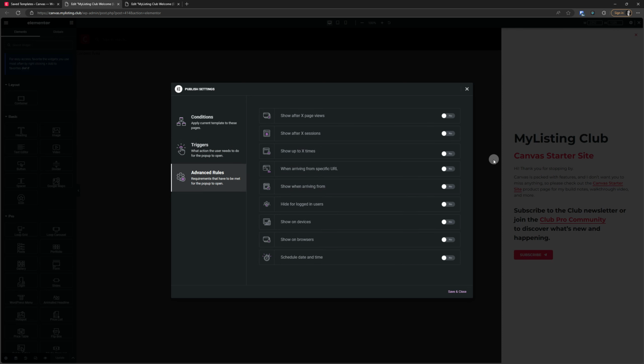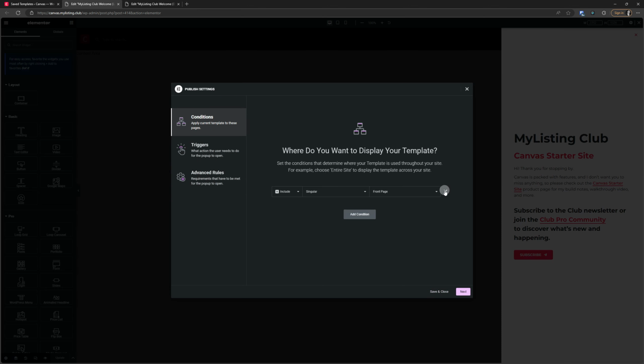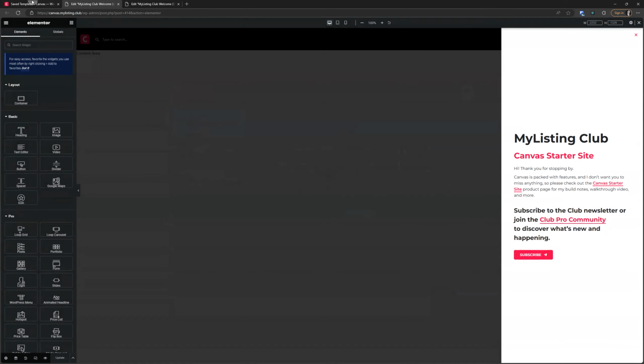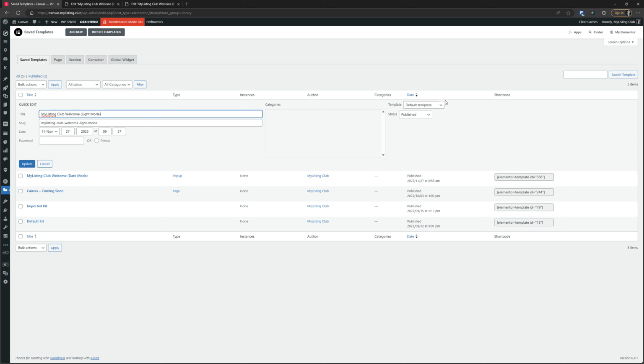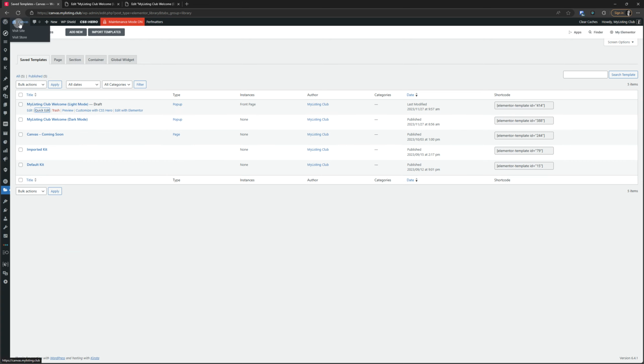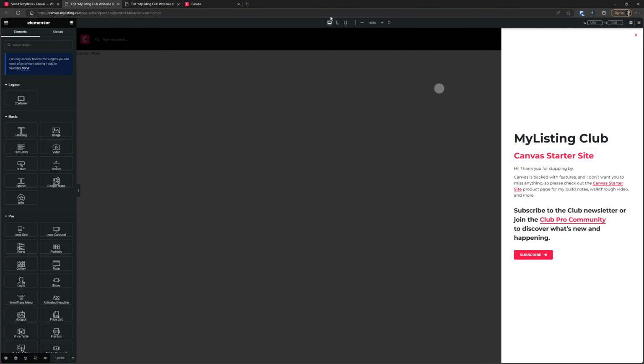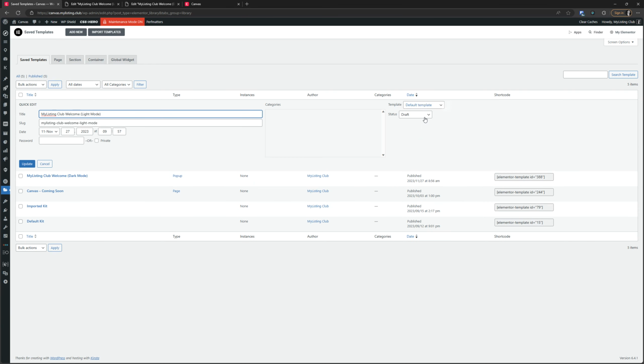If you want to easily switch between the light mode and the dark mode version, one way is under conditions, where you can toggle this off. Another way is to go up under your Elementor templates and set light mode to a status of draft. Let's do that and look at this website on the front end. It's not a whole lot to the front end currently, but as we can see, the pop-up doesn't load. If I go back in and set this to published,